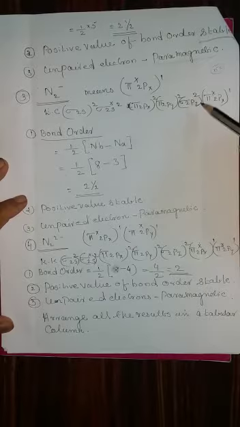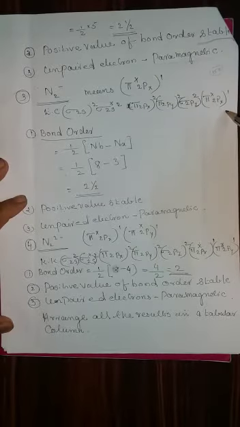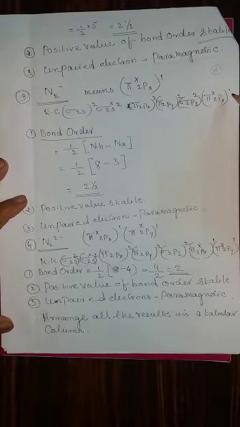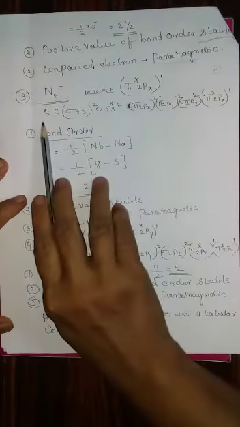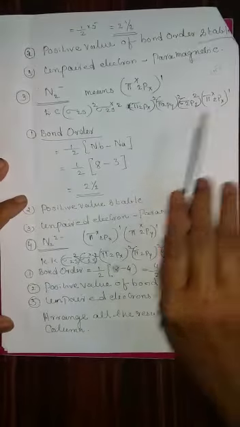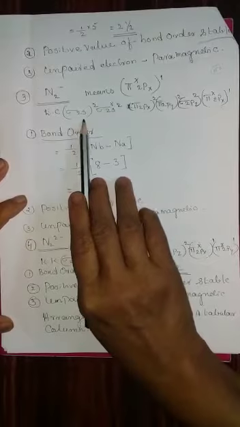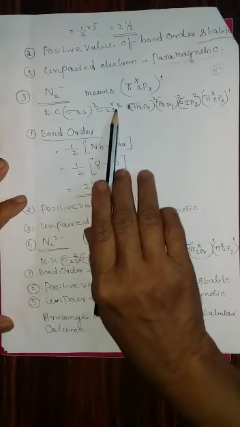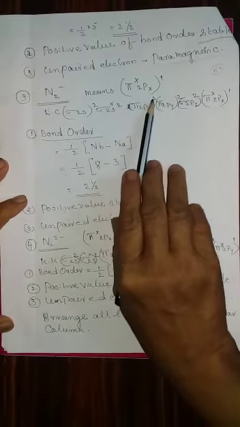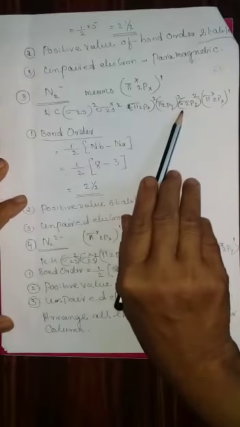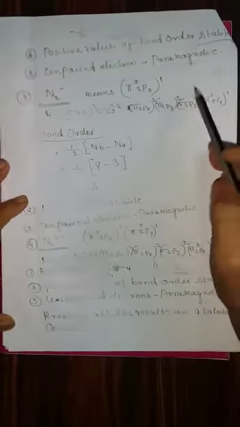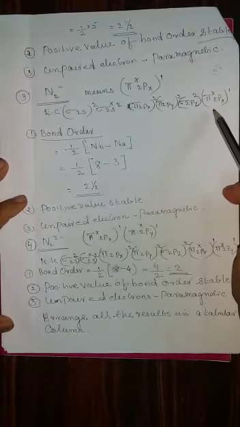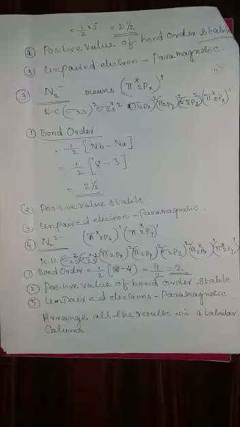Therefore, first the electronic configuration with these 14 electrons. Next to that, which orbital comes? That is pi star 2px. That orbital will get 1 electron. Therefore, arrange the electronic configuration and write KK closed, sigma 2s2, sigma star 2s2, pi 2px2, pi 2py2, sigma 2pz2. That finishes 14 electrons. The last electron which is added goes to pi star 2px, which is 1.